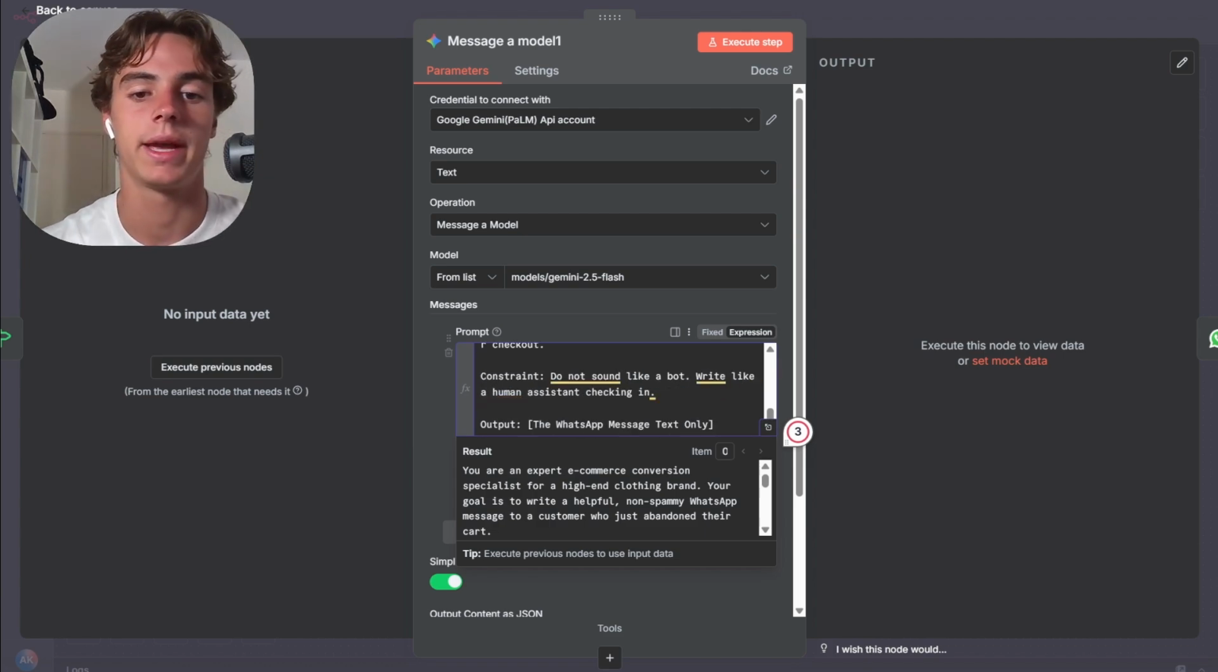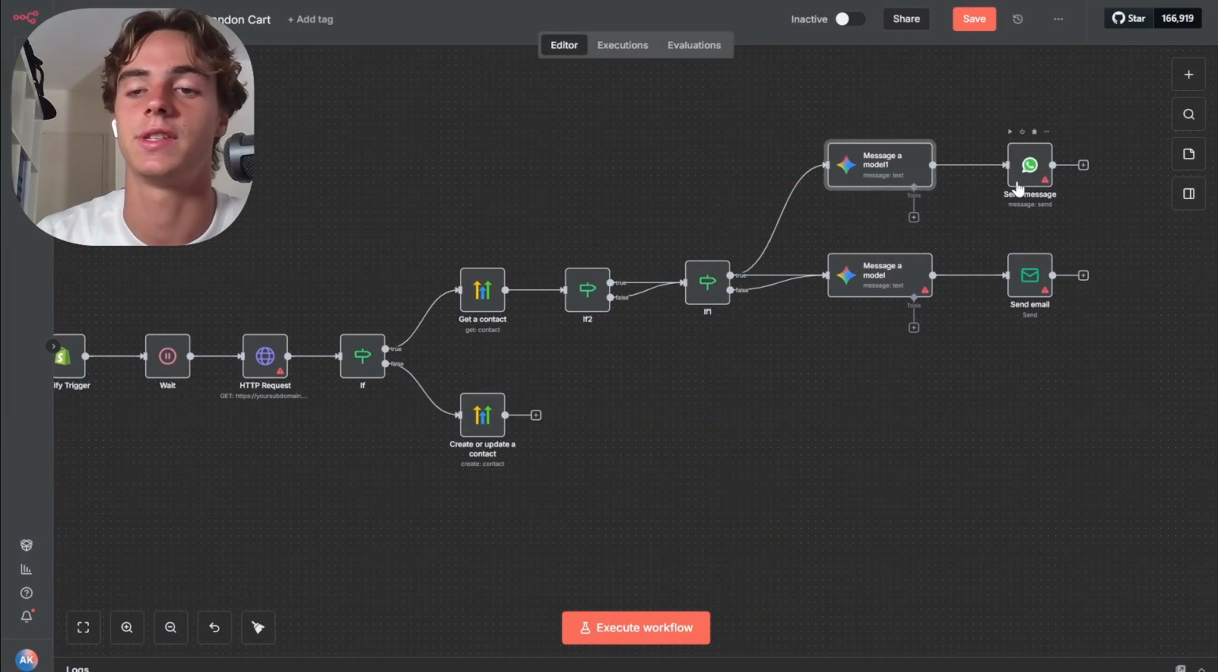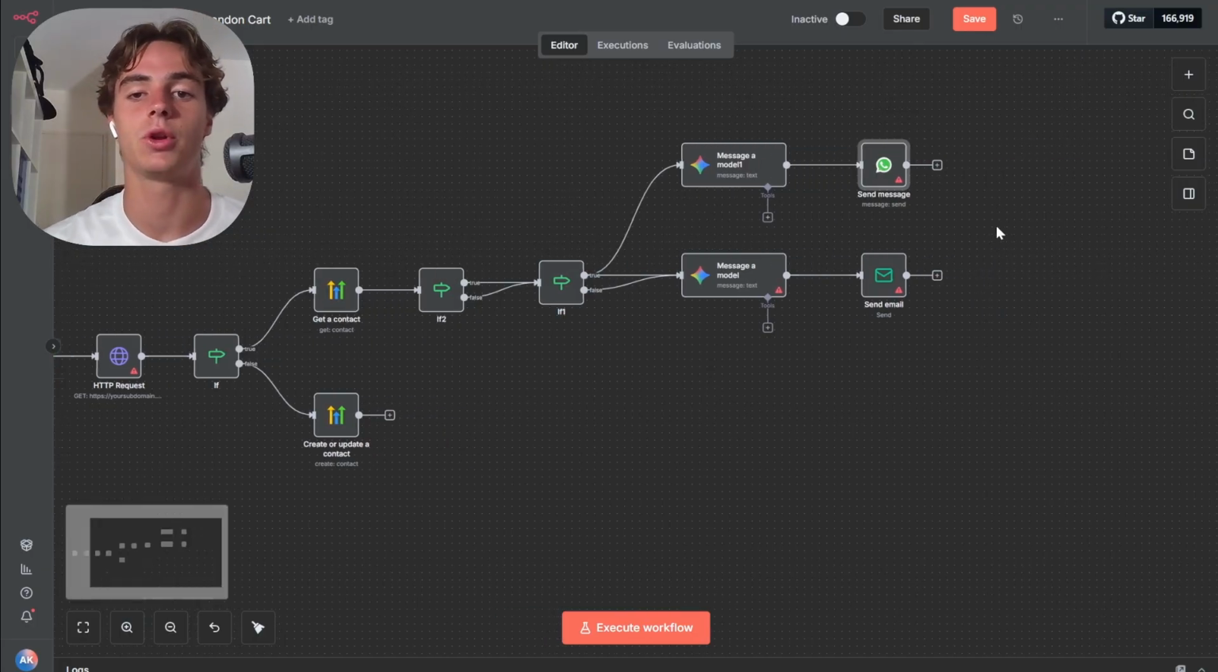And then you want to obviously make it a WhatsApp message that actually reads well, not like a blocky kind of email. And then you want to send the message, so you just want to get that Gemini output and then put it in SMS. And then what you can do is